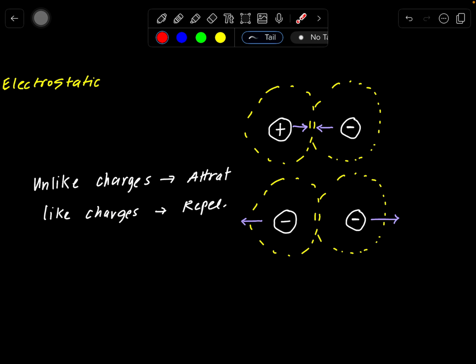So electrostatic energy is the energy stored in electric charges, which gives them the capacity or ability to either attract or repel one another once they encounter each other's electric field. Okay,